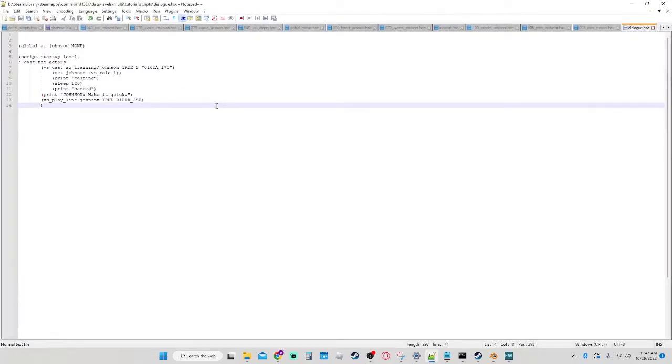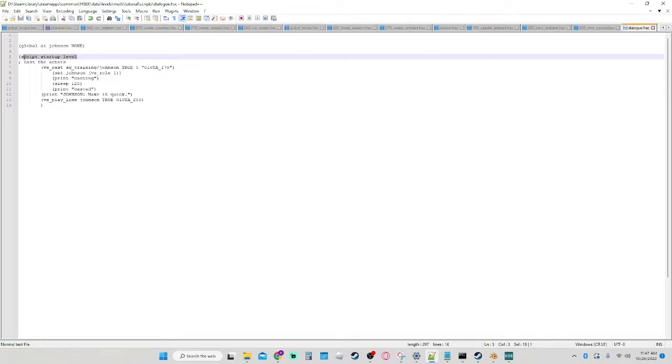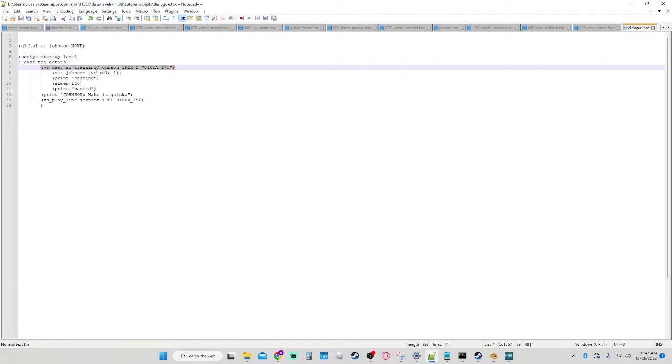This is the script that I have that's pretty basic. It's only the absolute necessities of what I need. First you need to have global AI, the name of whatever character's voice you're going to want, and then you have to set it to none because we're not able to just set it at the start. And then I have it at a startup script. You can honestly have this virtually anywhere, but you need to make sure that you cast the